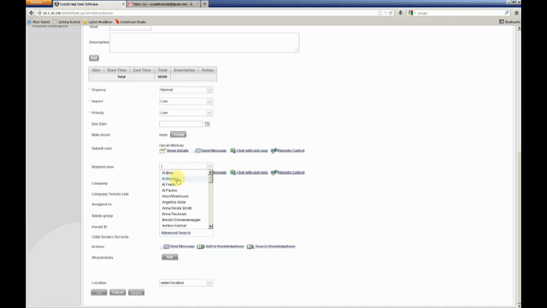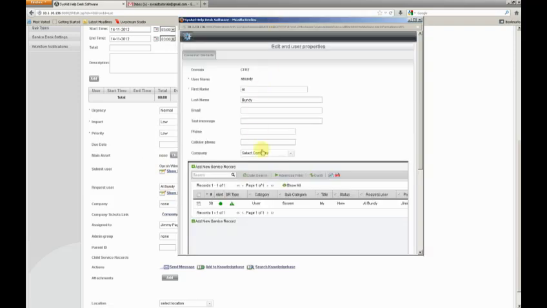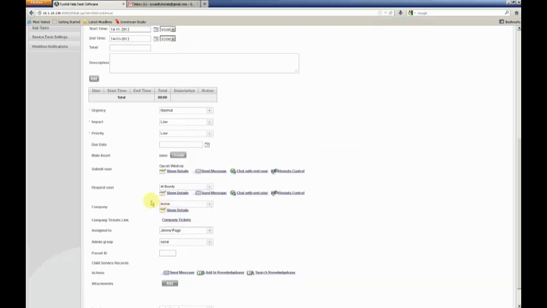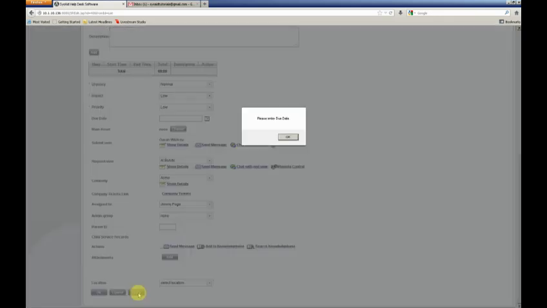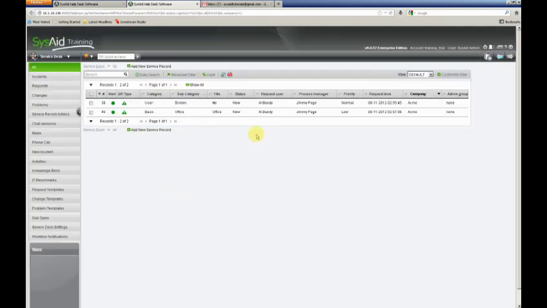Let's select a user that is associated with the company. It will be easier. You know what? Let me do the following. Let's associate Al Bundy with Acme. So we can see that the request user is Al Bundy, and that the company is associated with Acme. And now, let's click on apply. Let's open due date. Apply. So if I scroll down and now click on this specific link, this page will open